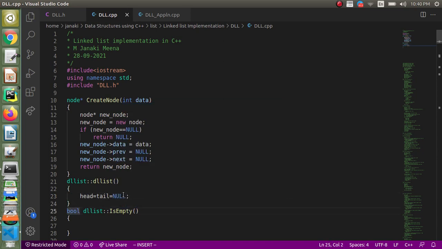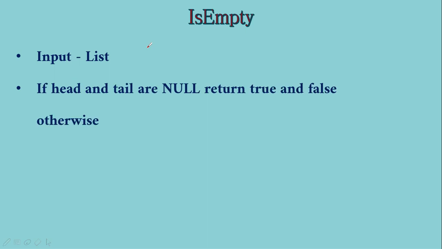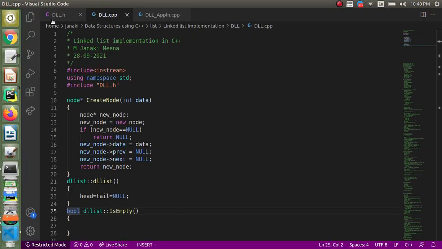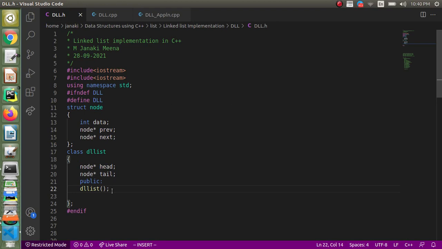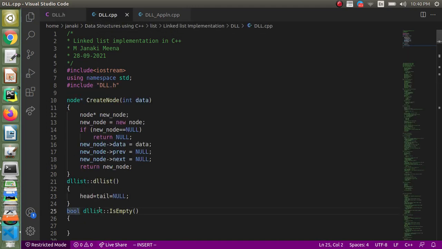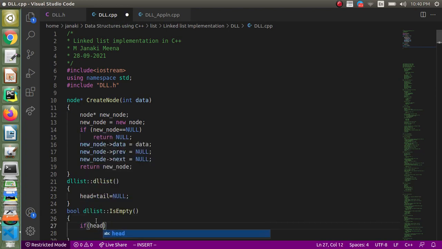We will initialize here, and then next is the isEmpty operation, where we have to return a boolean value. So let me declare it here: bool isEmpty. Only the list is expected, but since this is object-oriented programming, we need not pass it explicitly. You see here we have made it a member function, and we will check if head equal to null and tail equal to null.